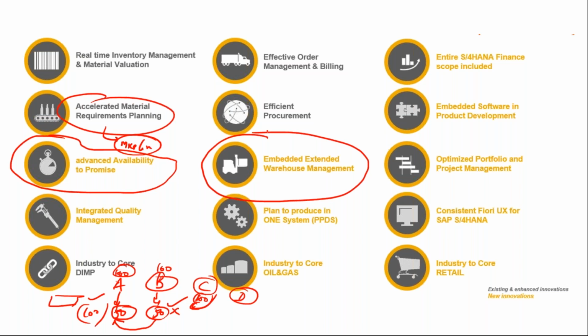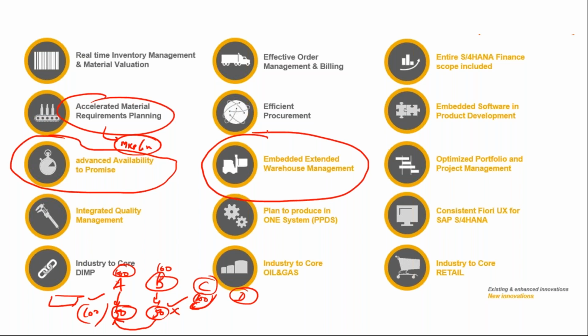Then you have quality management, because your quality management concepts have been enhanced. Everything has moved to the cloud, on a tile-based approach. It covers how you create an inspection lot, how you execute the inspection lot, and how you record the inspection results, based on which you can take a usage decision on whether it can be used or not. All these things are based on your integrated quality management.